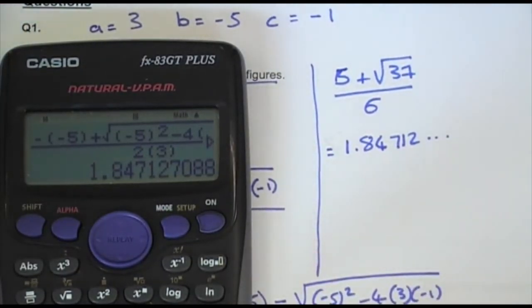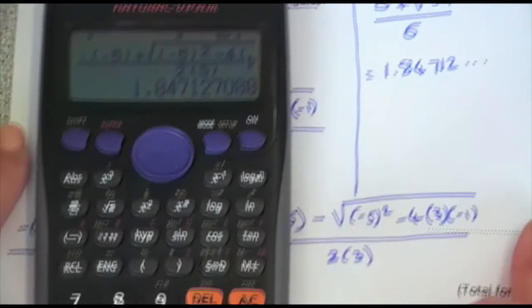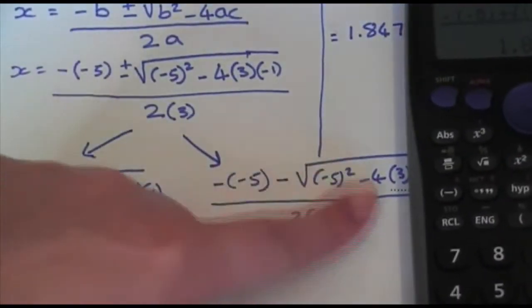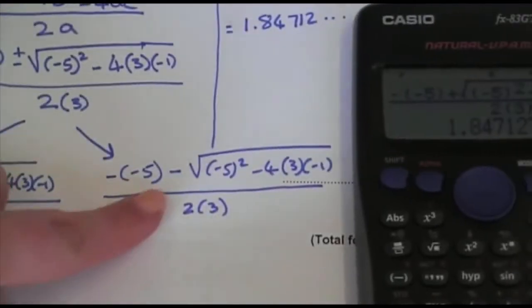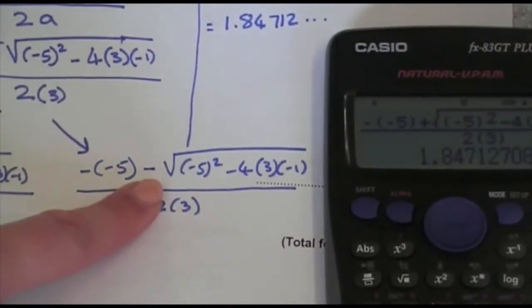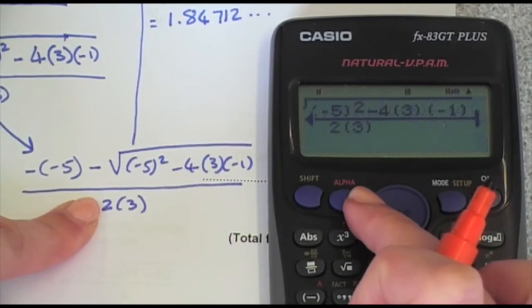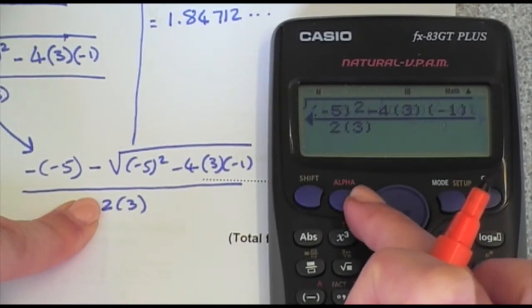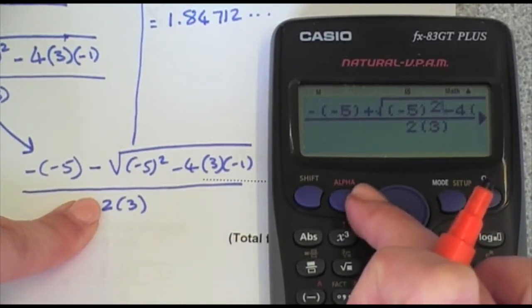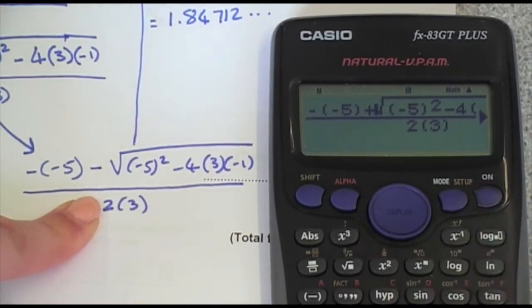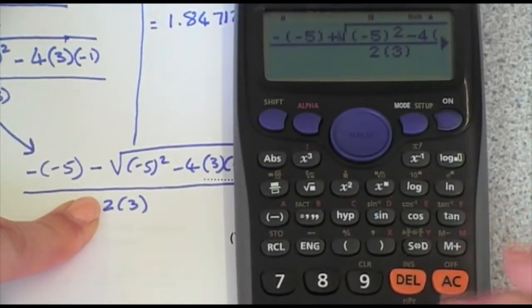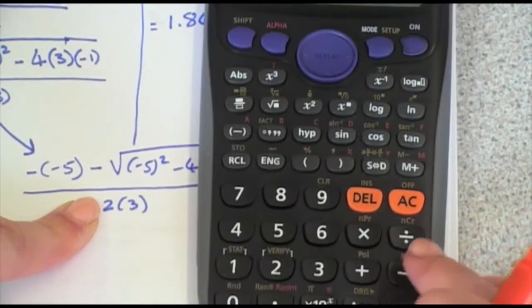That's one of my possible solutions for x. Now, I'm not going to press all clear on my calculator because I need to enter the exact same equation, only this time using a negative instead of a positive before the root. So I'm going to just press the backwards button to go back into the equation I inputted. So here I am just going back through it all until I get to the positive. Once I'm hovering after the positive, I'm going to press delete, and I'm just going to put a subtract sign